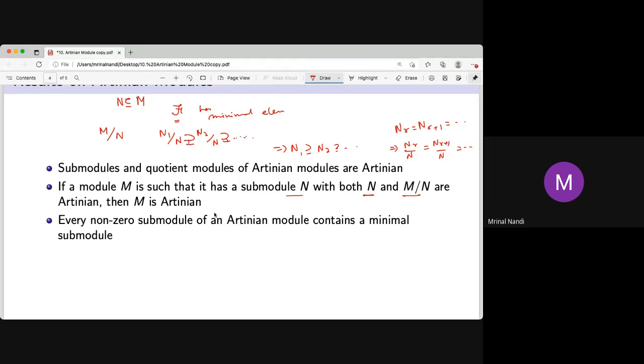Then from that we can easily prove that every non-zero submodule of an Artinian module contains a minimal submodule, because it's an Artinian module, so any submodule is again Artinian, and since that submodule is Artinian, it contains a minimal submodule. Now to prove that second one, what we have to prove is